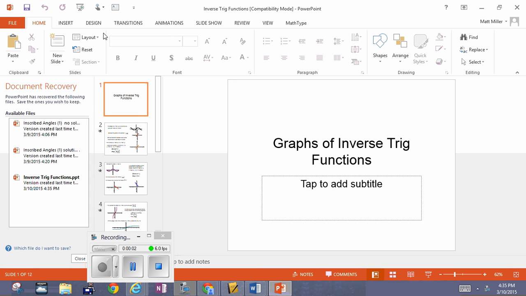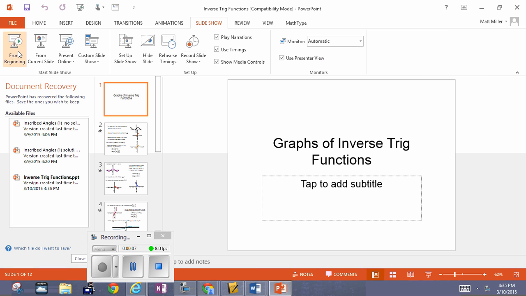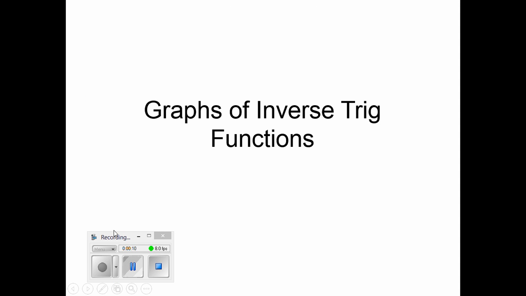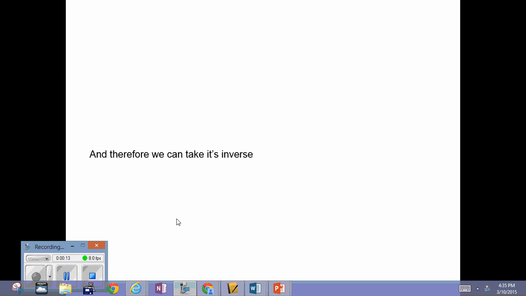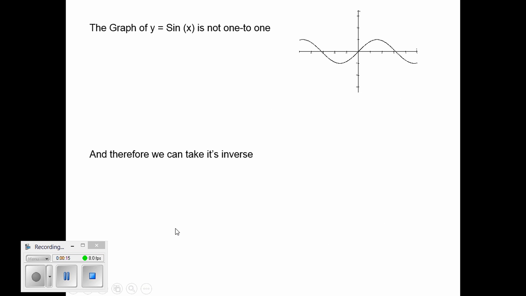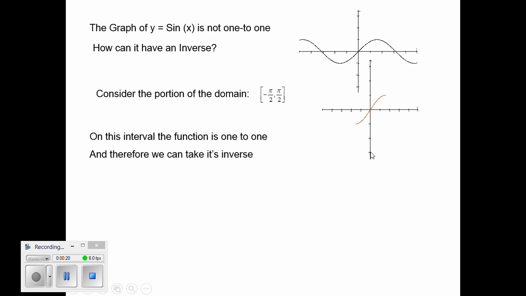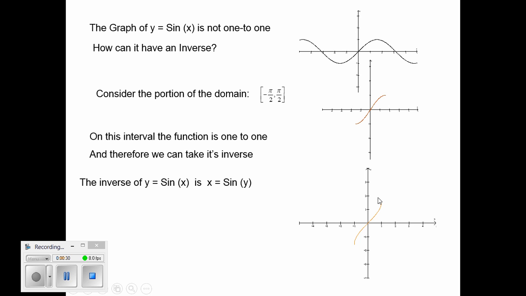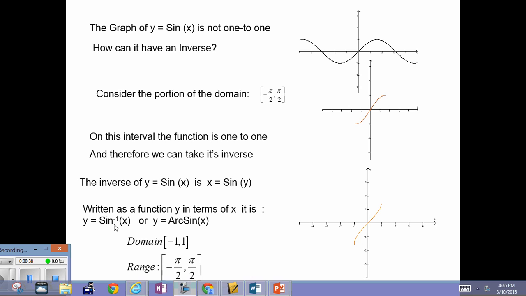All right, guys, we're going to go back and look at our inverse trig stuff again. Let's begin this slideshow from the beginning. We covered the first couple slides in the series of the PowerPoint series, and we talked about how we built the inverse sine from a chunk of the sine graph running from negative pi over 2 to pi over 2, and then we flip that across y equals x. The curvature changed as we saw here,